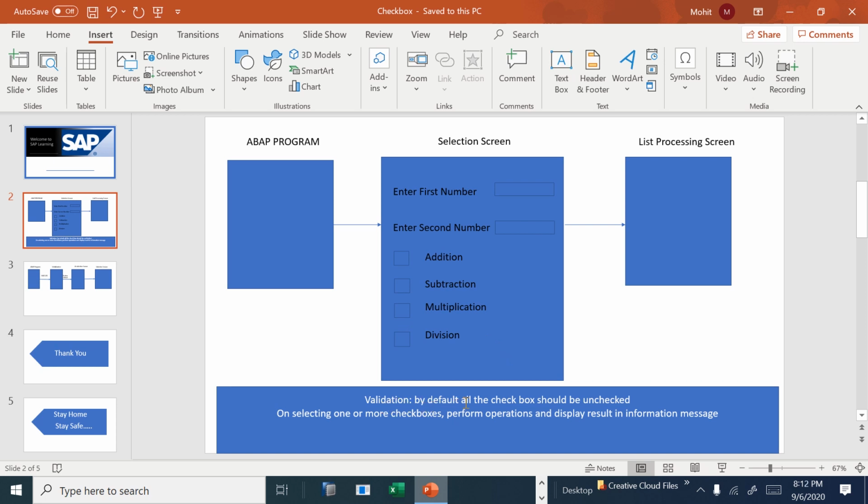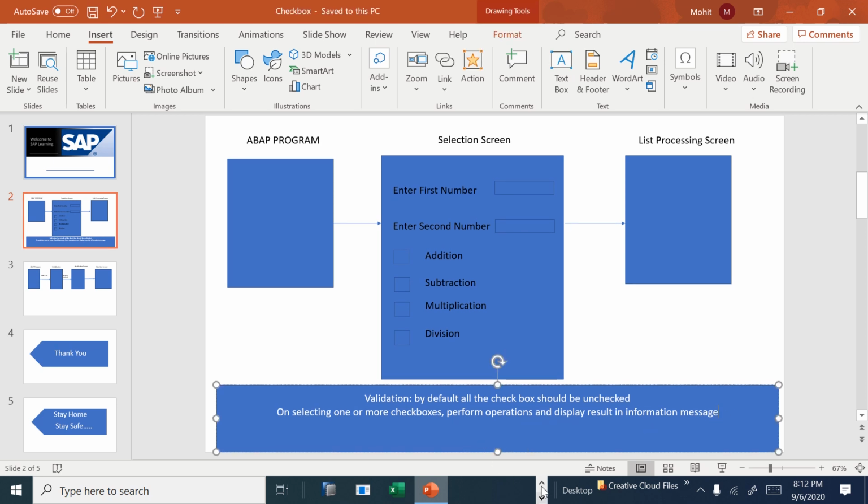By default all the checkboxes will be unchecked. The other requirement is that on selecting one or more checkboxes, we perform the operation and display the result in the information message.